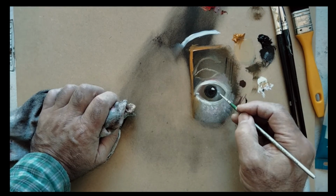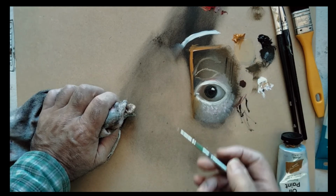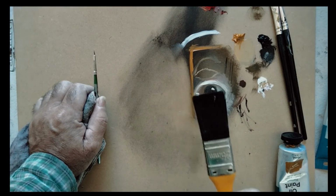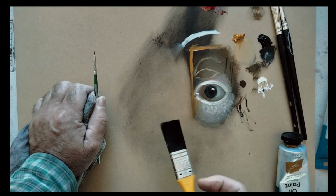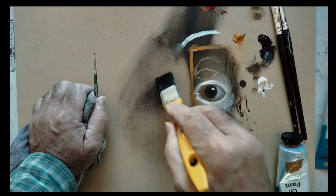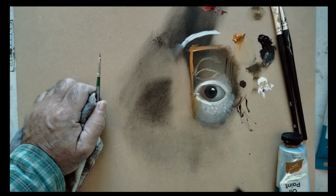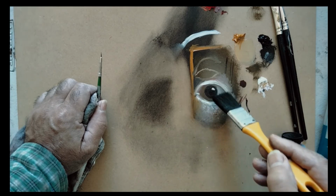So to get back to the purpose of this little video, I primarily wanted to show you that you've got a whole bunch of tools. Different brushes are used for different things. The 1-inch brush is very cheap, very robust. You can buy it from your local hardware store, and it's very, very useful. Here we are, a bit more paint on the area. And you should always use the biggest brush that will allow you to do the job you want to do. Obviously, I couldn't use this big brush to do the detail on this eye,